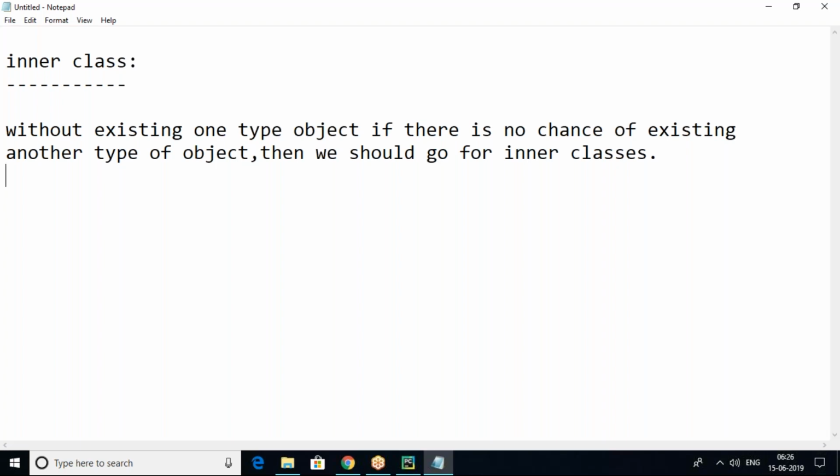Without existing one type of object, if there is no chance of another type of object existing, then we should go for inner classes.